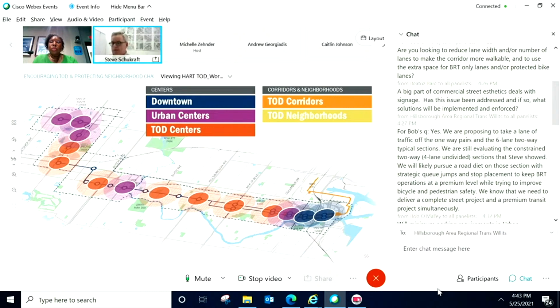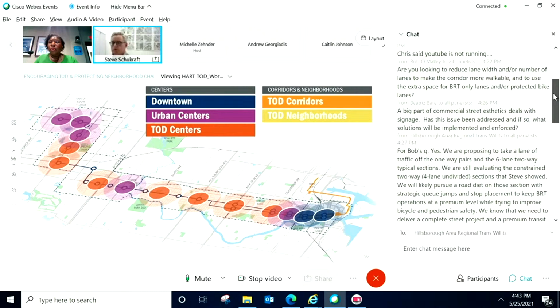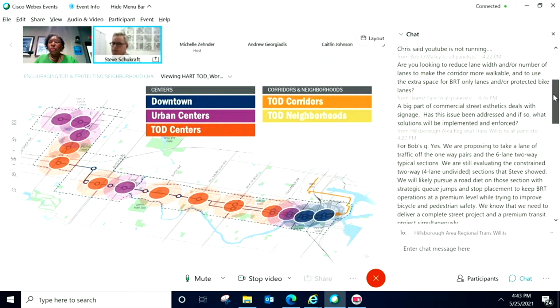So the framework gets us to the start of that, but we expect these circles to move back and forth as we start to map them more closely. So we are trying to take advantage of the transit accessibility as a way to get people out of their cars and onto transit, reduce parking demand and reduce vehicle trips overall and vehicle miles traveled. So that's a factor in thinking about the optimal locations for stops. So I appreciate that question.